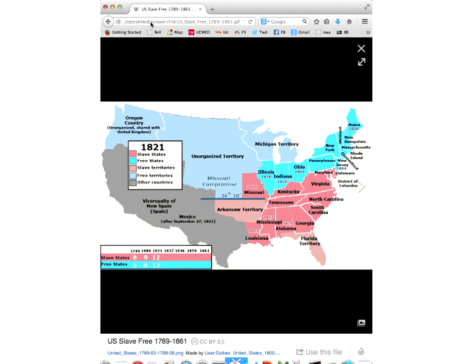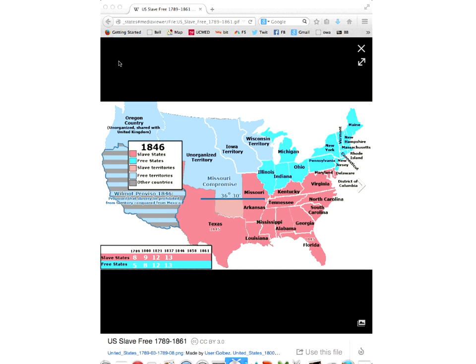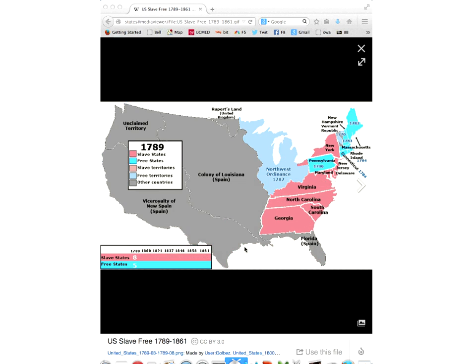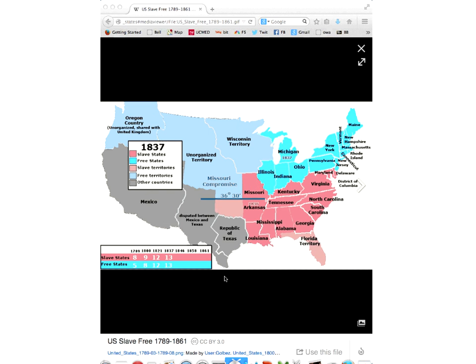We were talking last time about the uniqueness of the U.S. Constitution in the United States, and I wanted to share with you this map from Wikipedia of the free and slave states. You can see the calculation of each over time in the bottom left of the map, and you can see the color coding. And of course, what I'm trying to suggest is that one of the unique things about our founding and early America